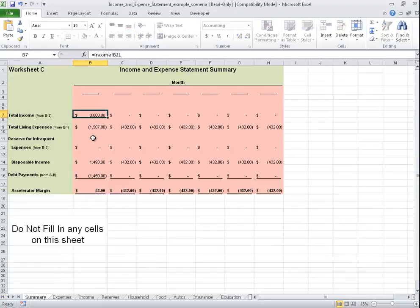And now what we're looking at is we have a disposable income of $1,493, but unfortunately we have debt payments of $1,450. So our accelerated margin, or ammunition towards this debt to pay off debt, is only $43 a month. So in this case, we are living paycheck to paycheck. You get an extra $43, and that could be spent on anything from lottery tickets to